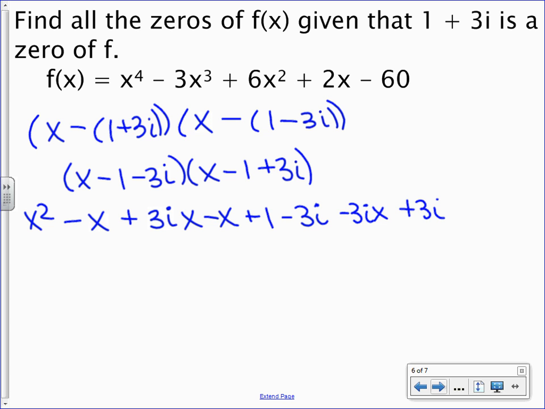Negative 3i times a positive 3i. Okay, it would be a positive 9, wouldn't it? Because we have negative 9i squared. Let's just change it to positive 9. Cool, what happens? The 3ix terms cancel. The 3i terms cancel. And we're left with